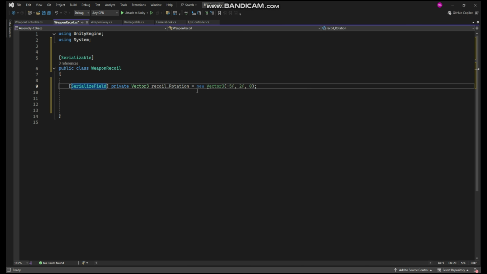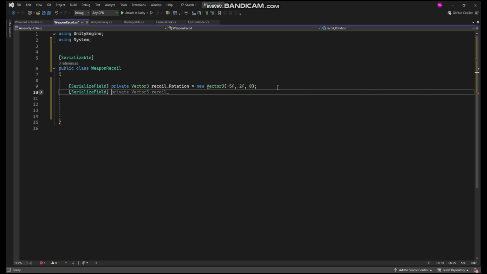This Vector3 controls how much rotational recoil we want on each axis when firing. The x value controls vertical kickback, so -x will make it rotate backward, and the y value controls left and right randomness.